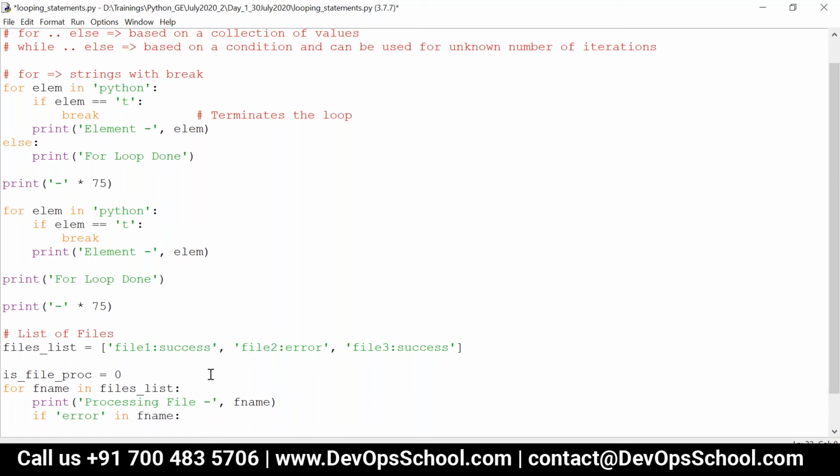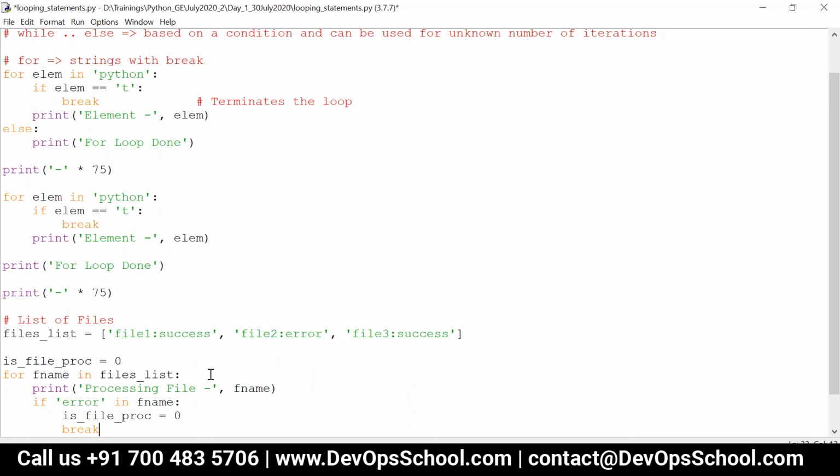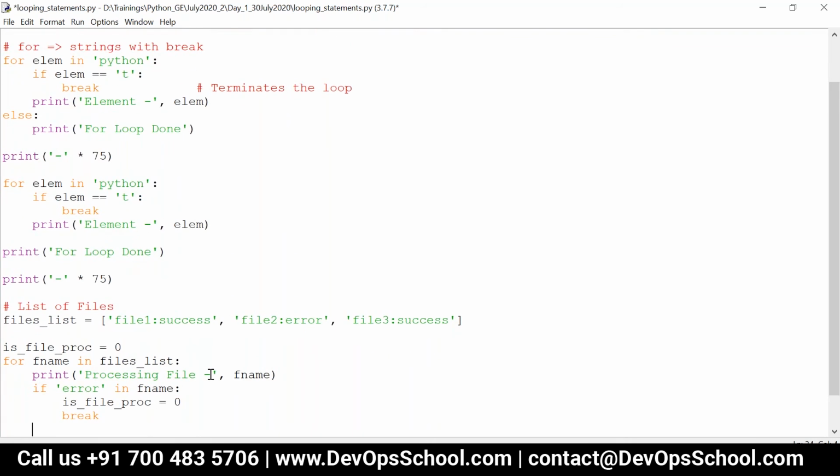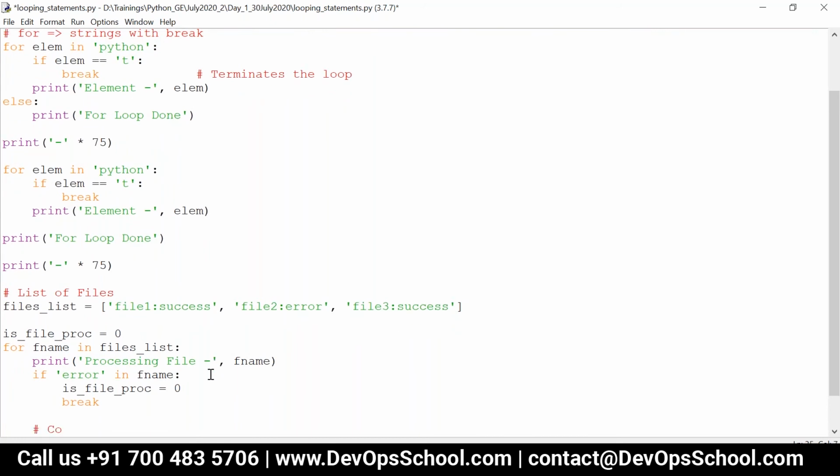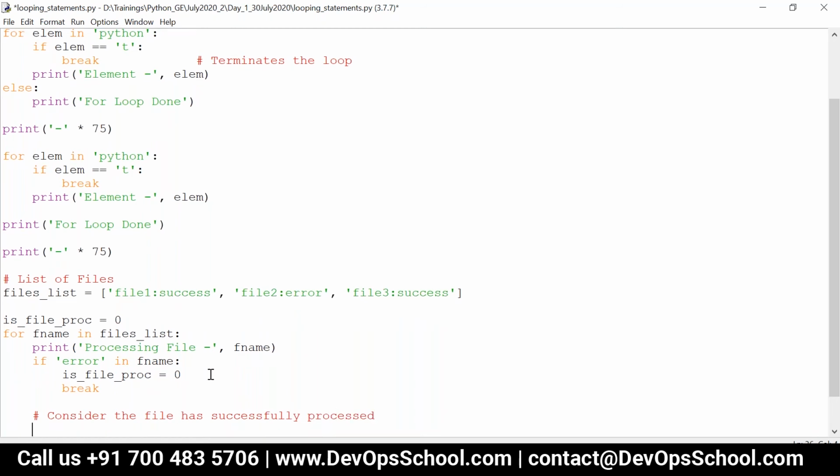If error is present, then I can say is_file_proc is equal to 0, then break it, come out of the loop, don't continue. Else, consider the file has successfully processed. So in this case I can say is_file_proc is equal to 1. I have to set it.